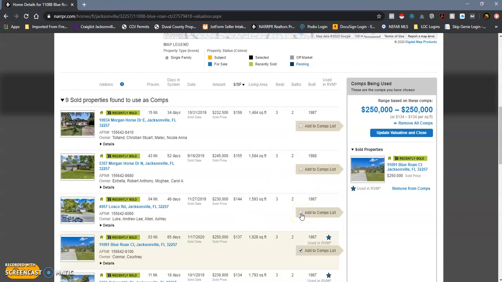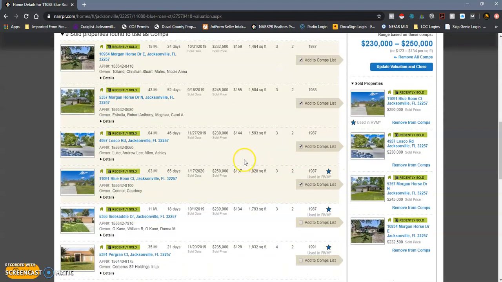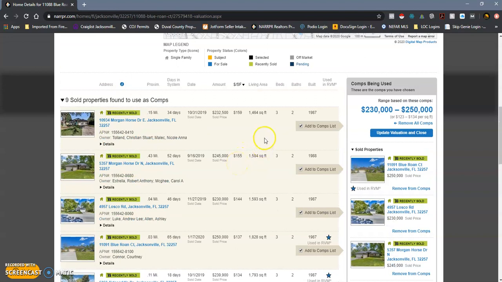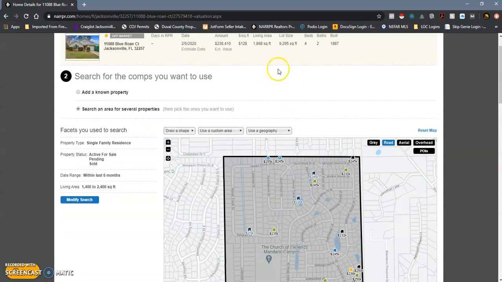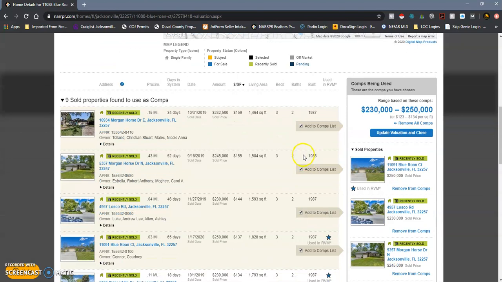So I'm going to pick some of these other ones. I like to have at least 3 comparables, 3 to maybe even 4 if it's a great area, just to justify and get a better average. But anyways, I'll pick these 4, and then if there's a difference greater than 10% from the square footage of my subject property, which is 1868, you've got to adjust for that,